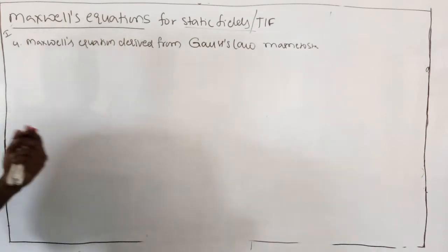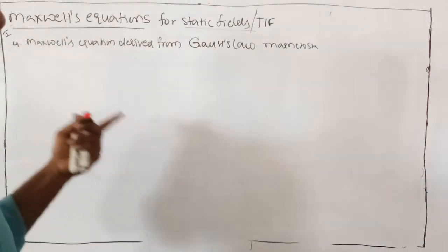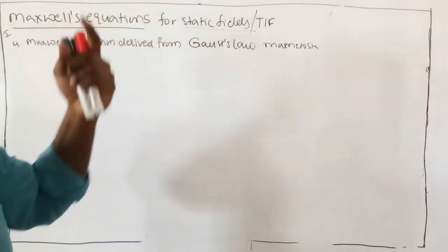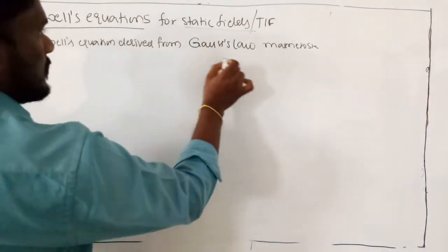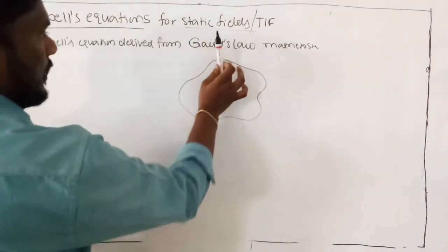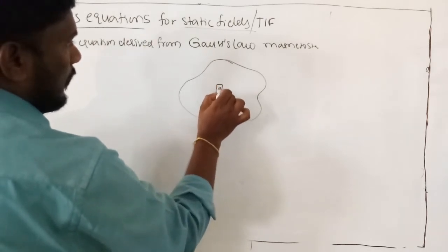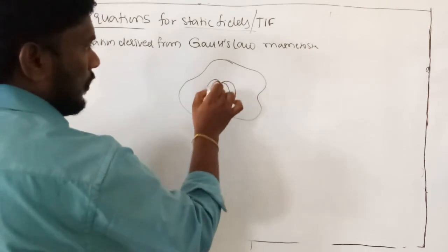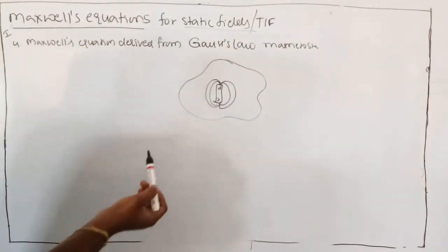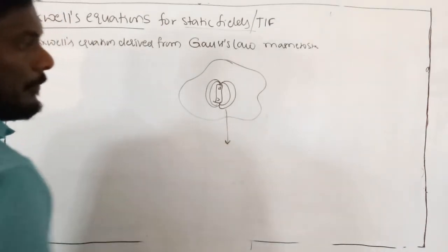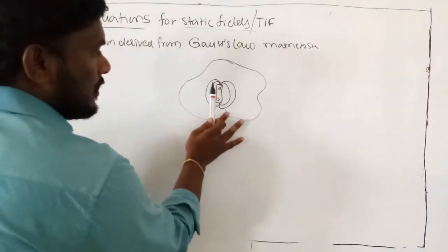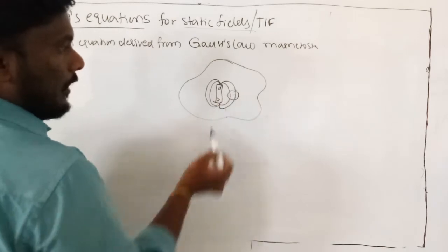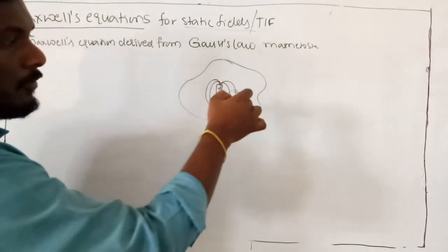Earlier we studied Gauss law for electrostatics, where the electric flux passing through any irregular surface is equal to the charge enclosed by the surface. But in the case of magnetostatics, suppose you consider a closed surface like this and place a magnet, north to south pole. If you observe here, the magnetic field lines do not go outwards from the closed surface; they are enclosed by the closed surface. The total number of lines of force is called magnetic flux.